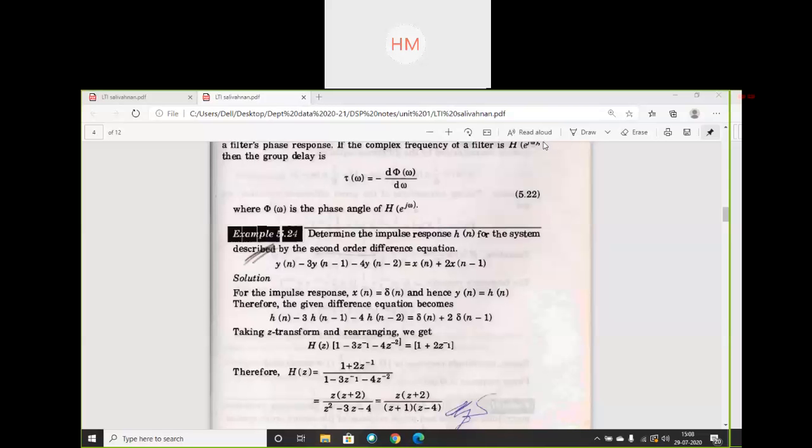Okay. So in continuation with the previous lecture, today we'll wind up with the first unit. In continuation with the LSI systems, the numerical we were simplifying. So the basics are your different properties of LSI systems and Z transforms. So this numerical I think I have given you to simplify. Have you started simplifying it?